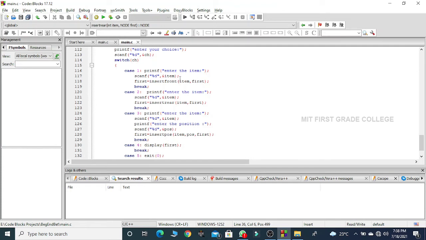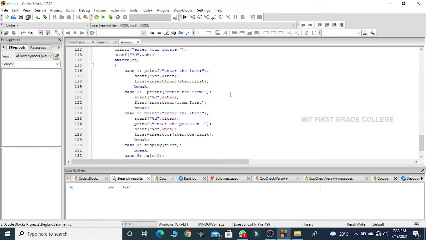The item is read into the variable item, and I call the insert front function which I have explained earlier. Once the node is inserted at the front end, the address of that node will be assigned to first, thus making the first pointer always hold the address of the first node of my linked list.